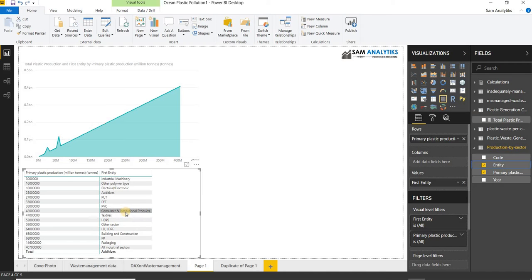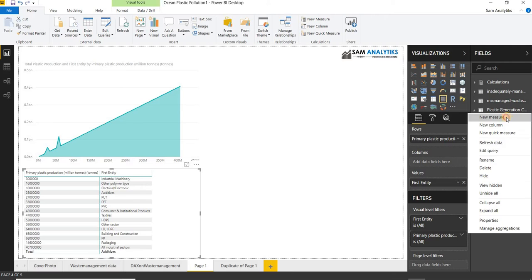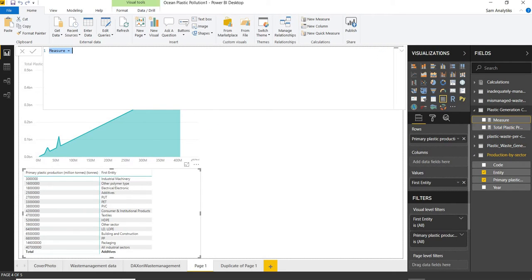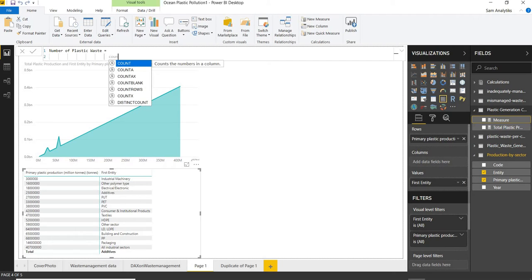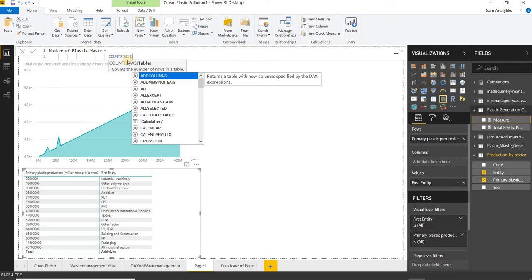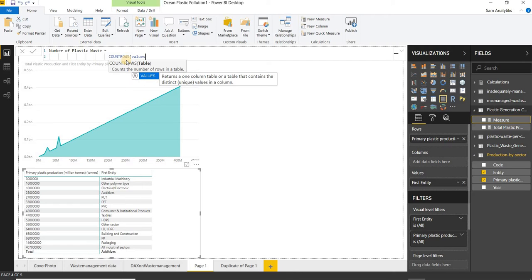Now simultaneously I will create another measure, and in this measure I will take the number of plastic waste, which will be the count rows, and my intention is to use the values so that I can work with the implicit measures.